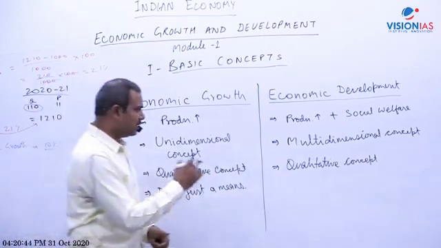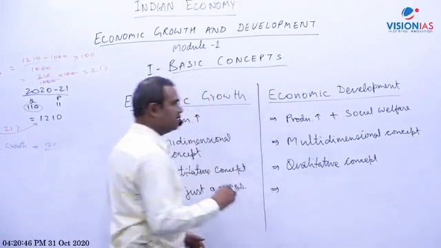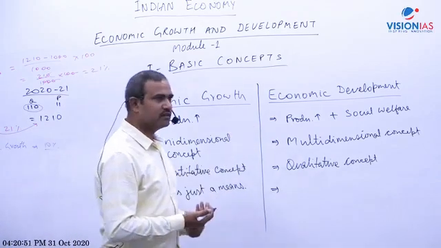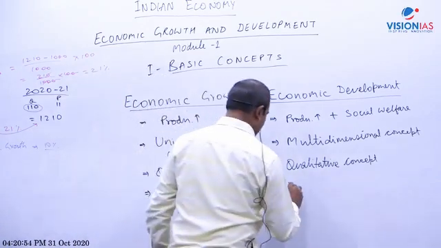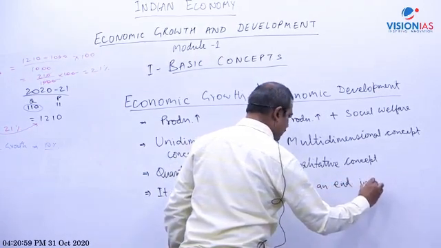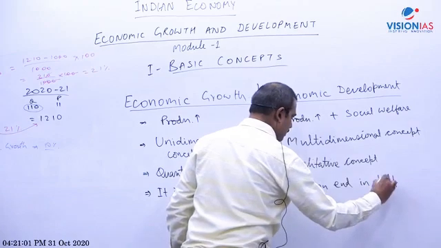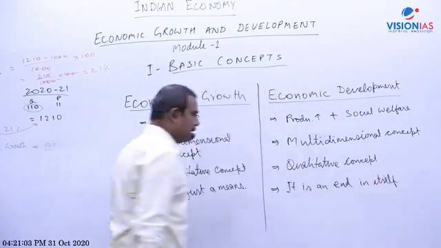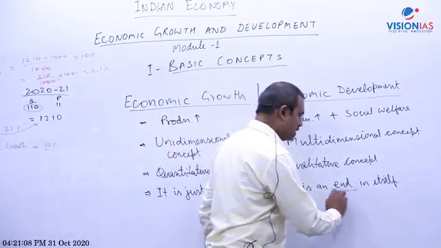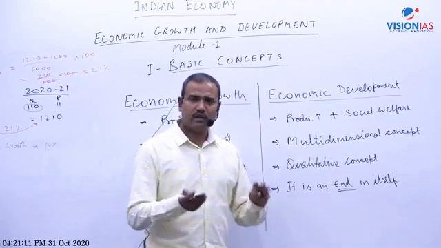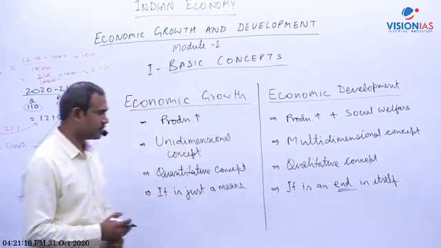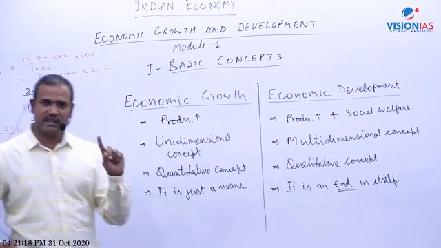Now, can we say it may be an objective in itself? Is it an end or objective? So obviously enhancing well-being could be the objective. So mention that it is an end in itself. So end means objective. Okay, it is an objective in itself. Enhancing the well-being of people should be the objective. So got the point? You should distinguish between means and objective.